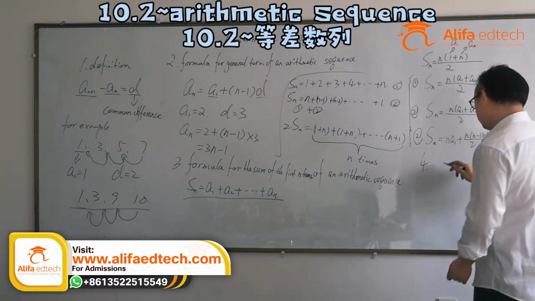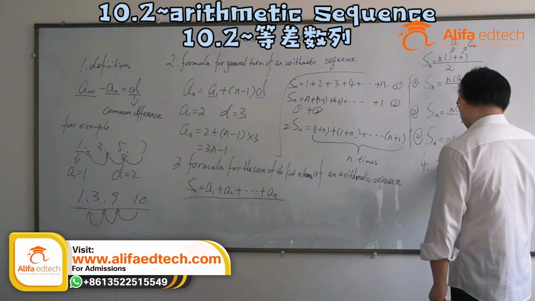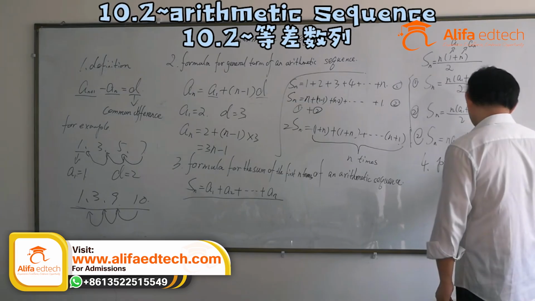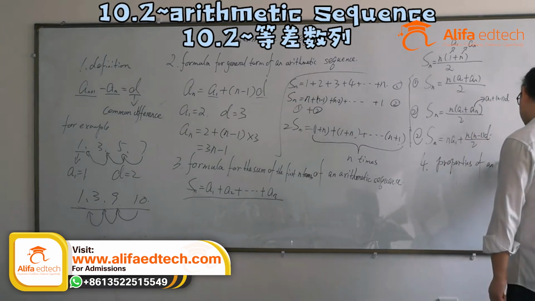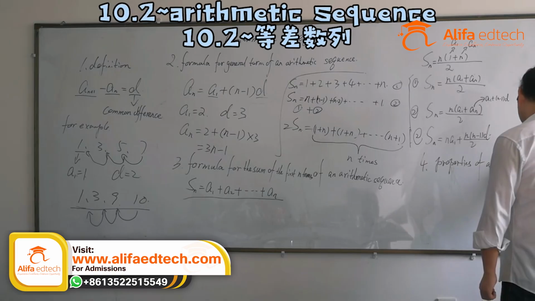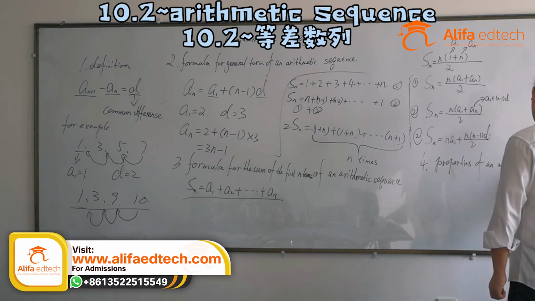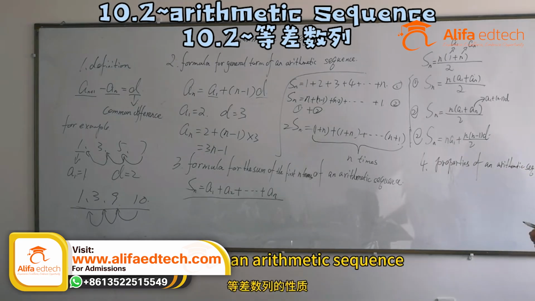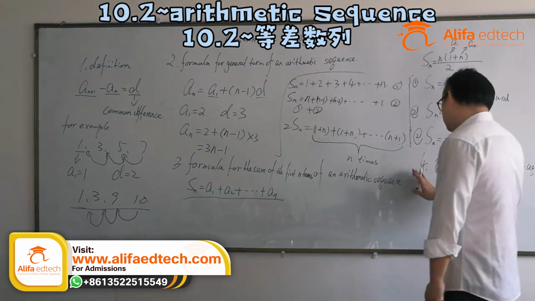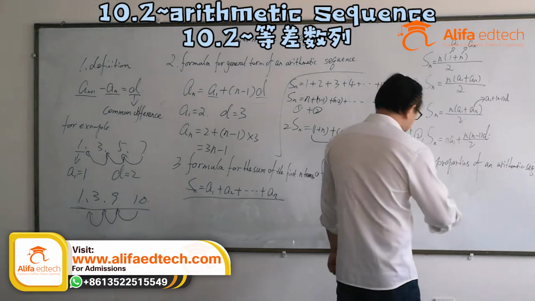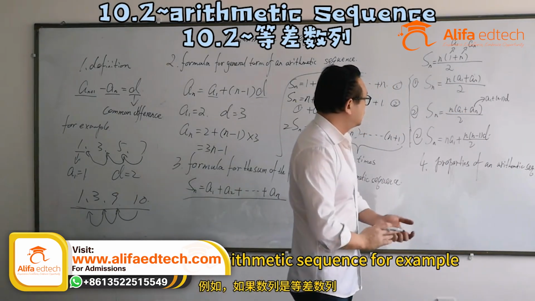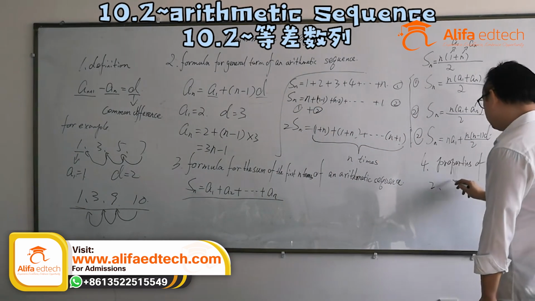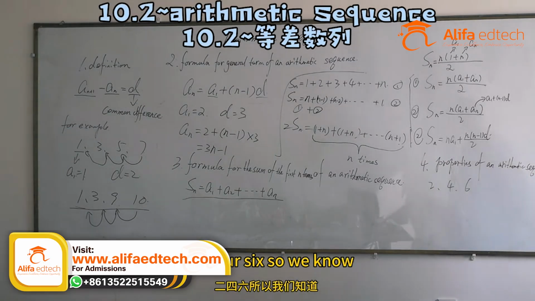4. Properties of an arithmetic sequence. If the sequence is an arithmetic sequence, for example, 2, 4, 6. So we know